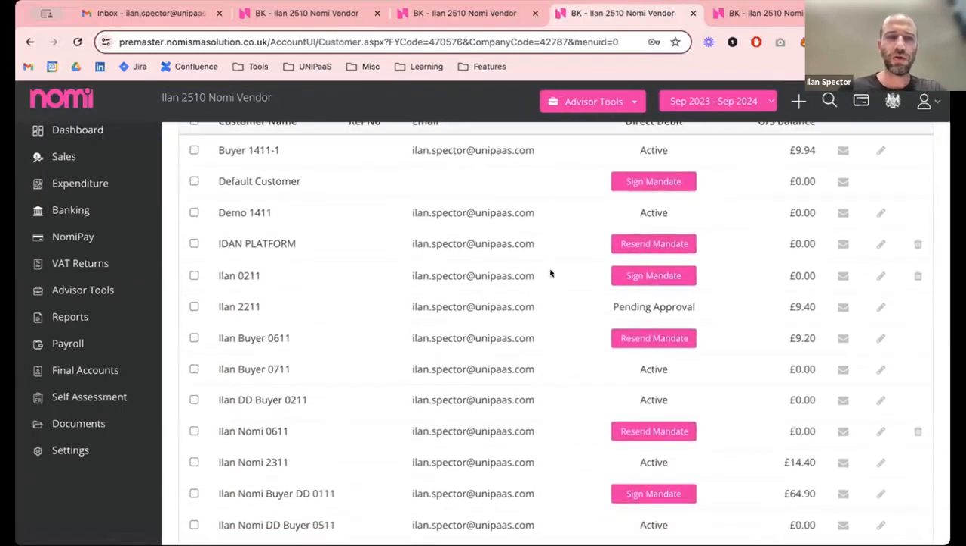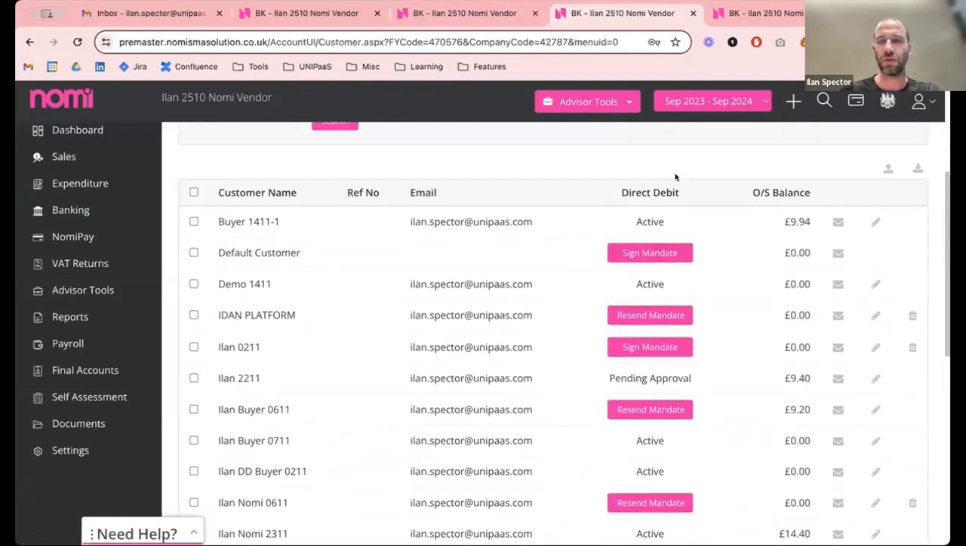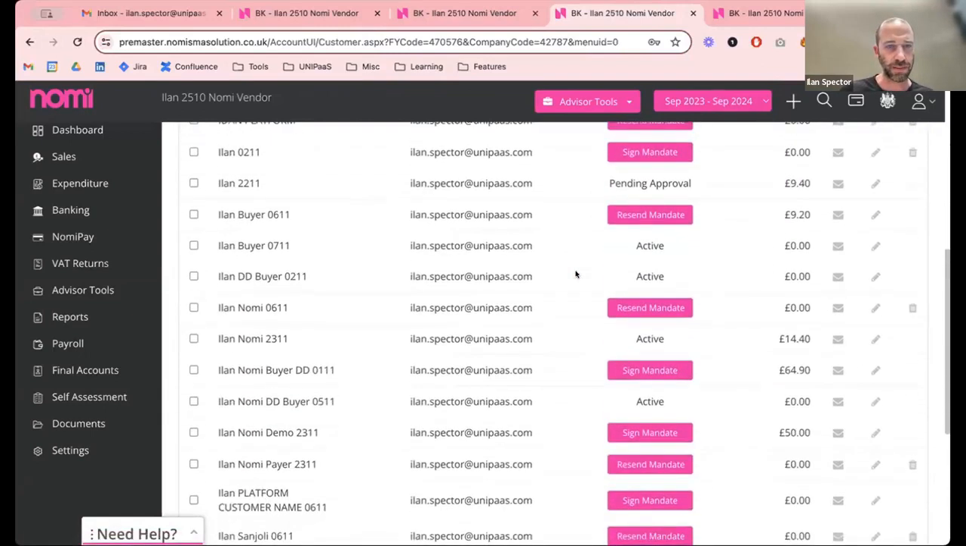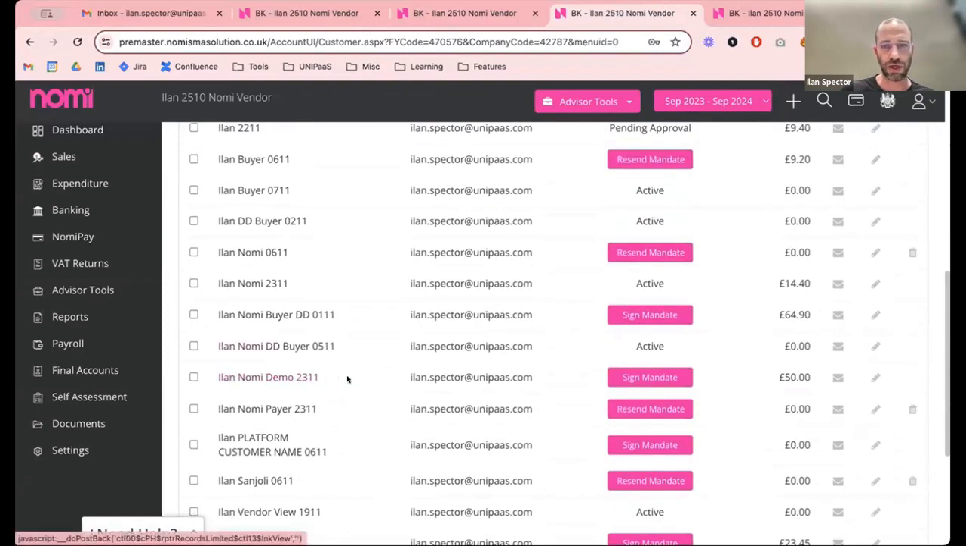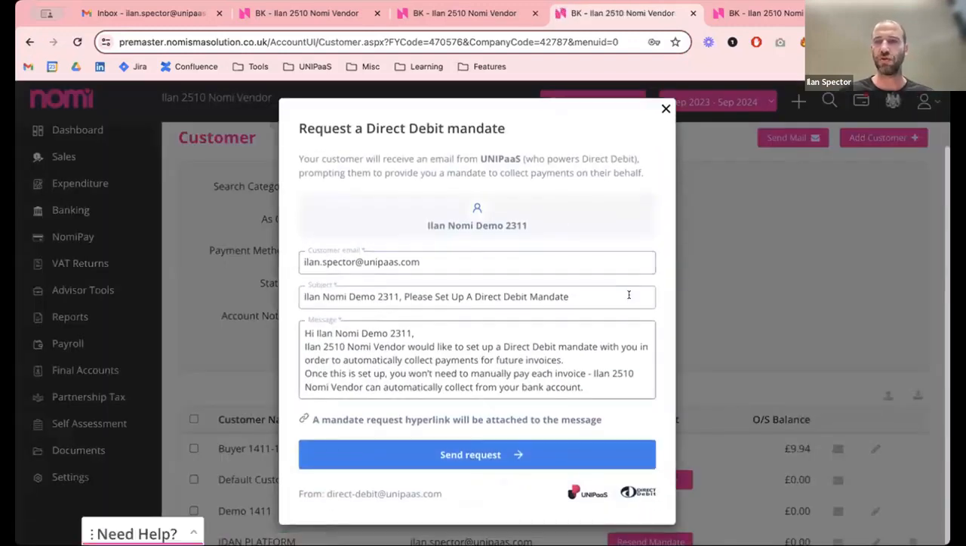And you can see your whole customer base, and NOMI has added this direct debit column, which lets you know which customer has a mandate set up, which doesn't, and which needs to be resent. So for Ilan demo, which one was it? Here we go, this one. This one still needs to set up a mandate, right? So this is another way you can do that. If you click here, it'll open a pop-up,